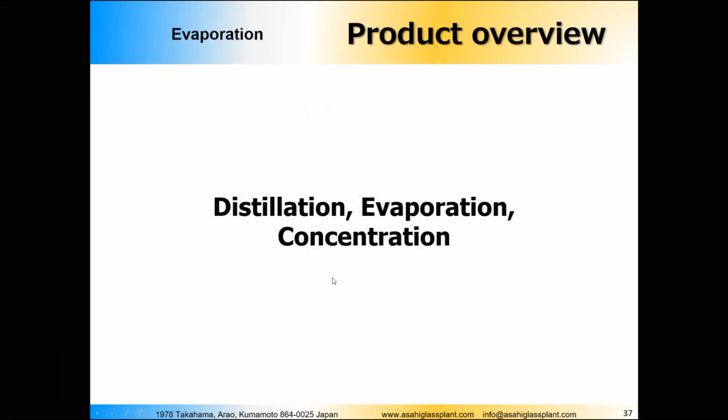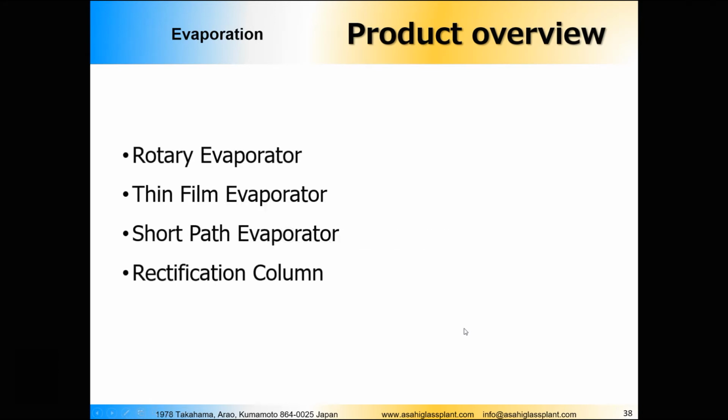Okay, we are done with the filtration, a very big part of what I call the post-treatment of the reaction mixture. Now I would like to talk about the distillation, evaporation, and concentration. So, what kind of equipment does Asahi offer